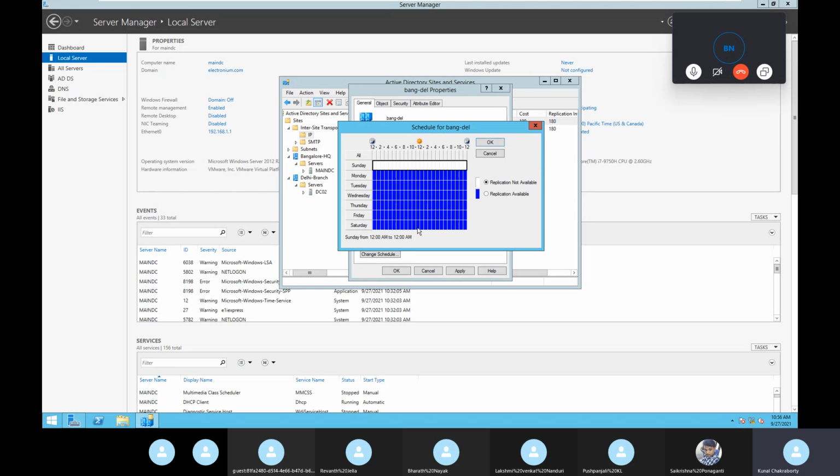For example, Saturday is a half day, so I want replication from 12 to 2 o'clock. After 2 it will be closed. When the office opens, for example 9 to 1, and from 6 to 7.